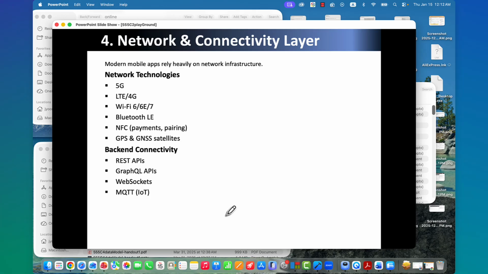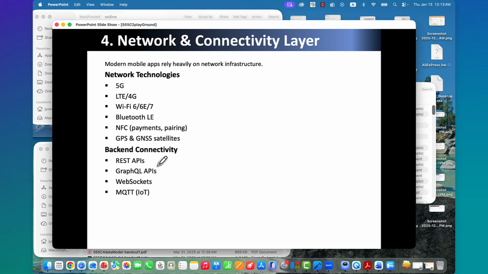Network, this is very, very important, right? Your smartphone needs to talk to others. Others means it should talk to peripheral devices like printers and also the router. Through the router, it goes out to the big world, the internet world, right? So all kinds of network technologies are needed for iPhone apps development.